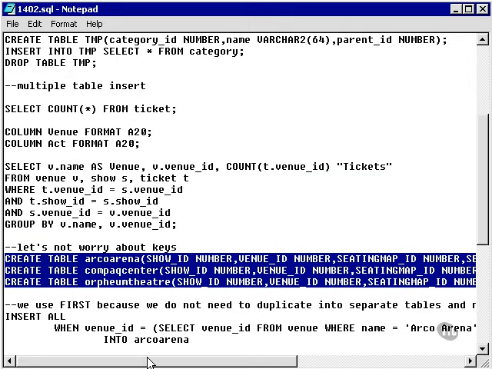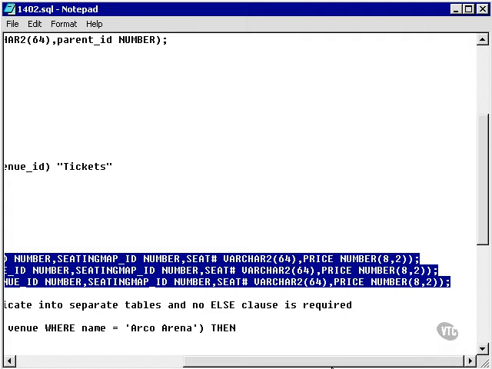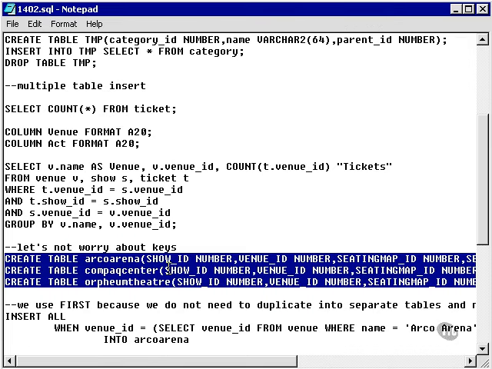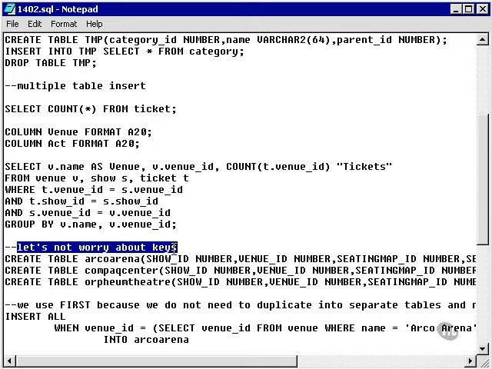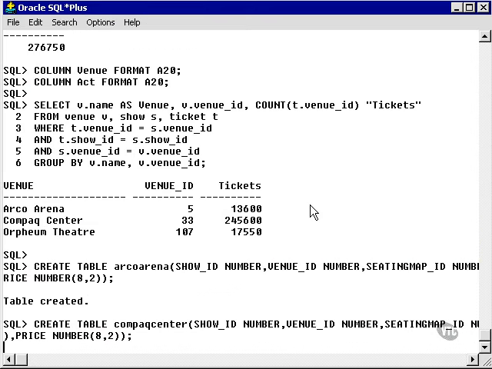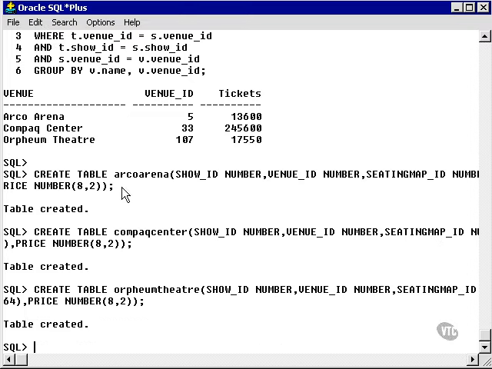I'm going to create the tables as create table statements with explicit column and data type specifications. I could have created these tables as a selection from the ticket table with the row number equal to 0. That would give me the structure. I don't want to worry about the keys at this point. Using create table as a select from the ticket table would give me the index structures. All I'm going to do is create these 3 tables as empty tables. So I now have 3 new empty tables representing the 3 separate venues: Arco Arena, Compaq Center,